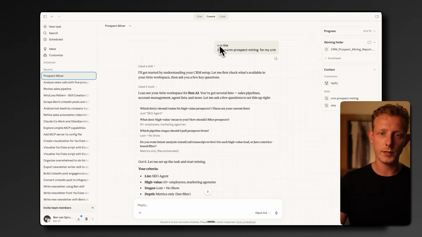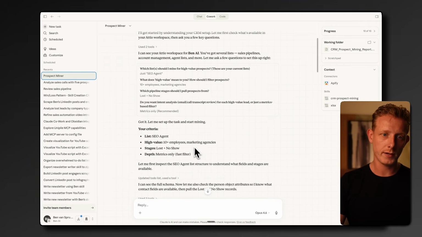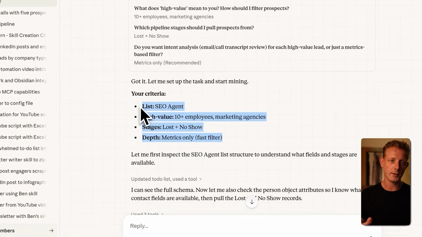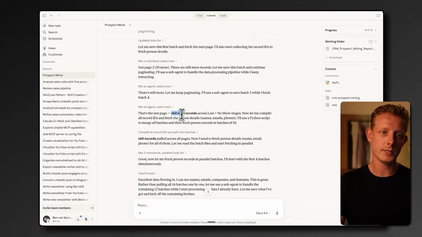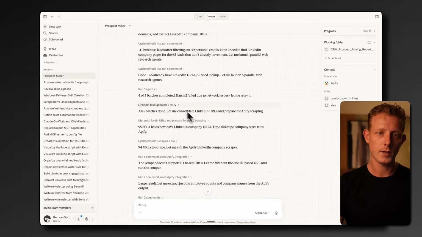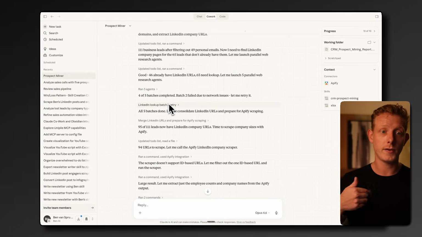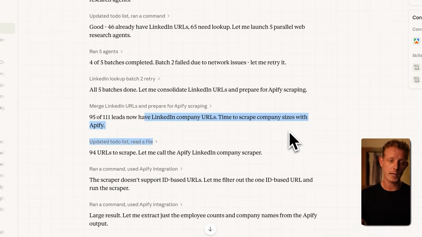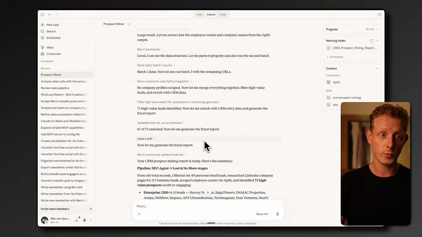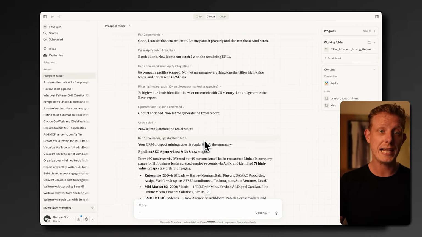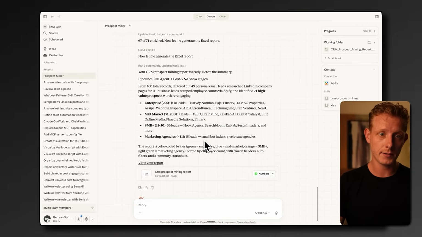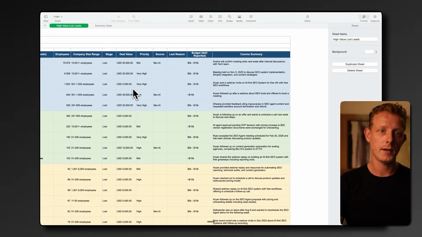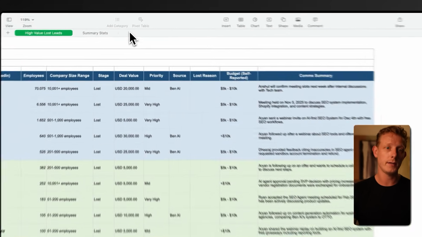So here I said, run the CRM prospect mining skill for my CRM. It then asked me for my criteria to find potential opportunities. I gave it the criteria. It then found 160 records in that column. It then researched these leads and found their LinkedIn profile and started scraping their LinkedIn profiles with Apify again. And then it went through the email communications to identify the last communications with each of these clients. And it gave me a CSV sheet prioritizing the lost leads based on company size and my ICP criteria, and